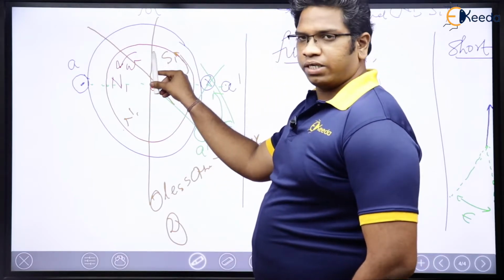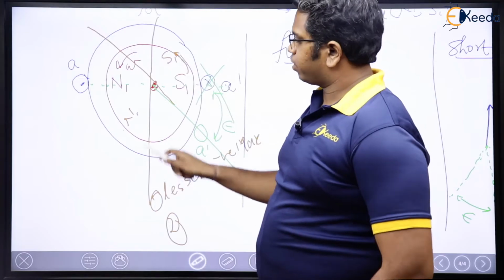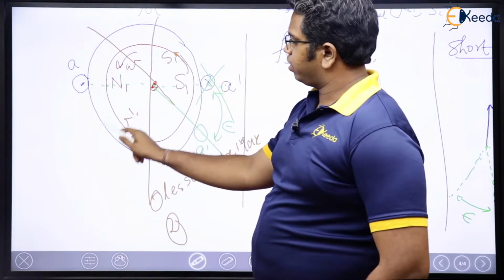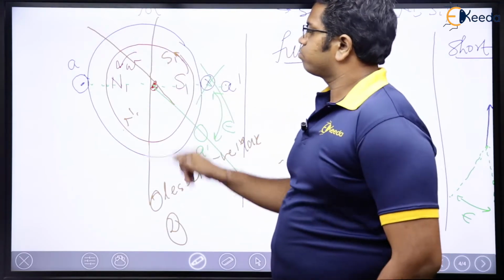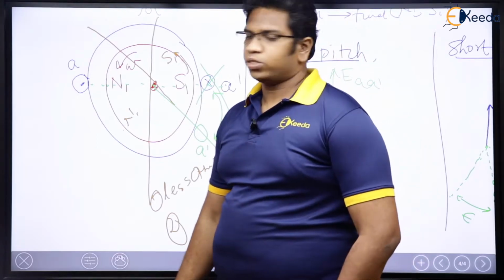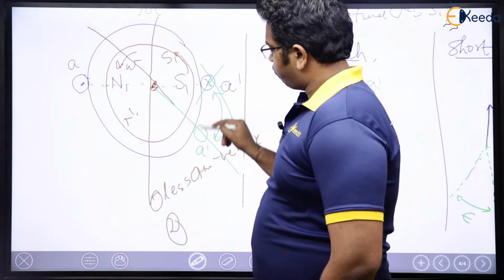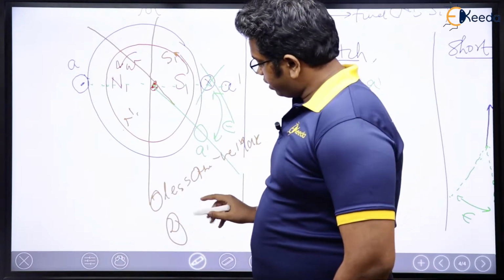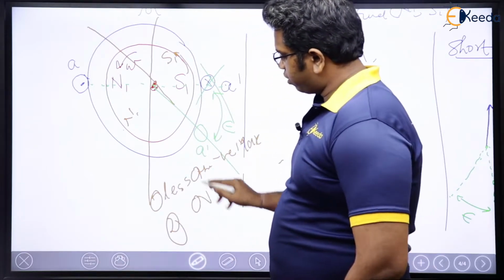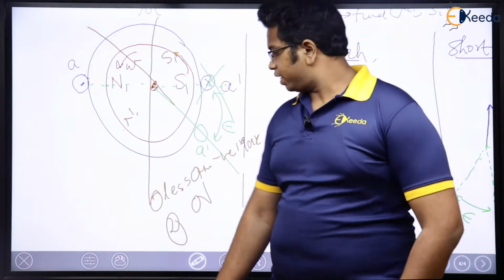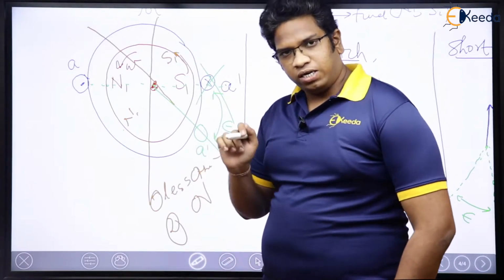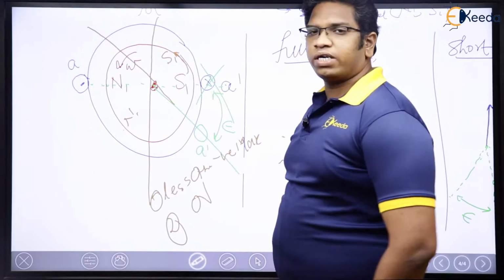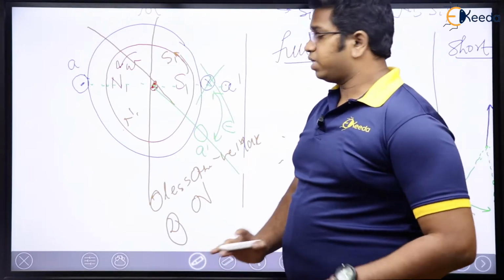This interpolar axis shifted this way because N1, S1, this is going to be north, this is going to be south. Right now it is facing what? Zero phase density. Zero phase density in the sense it is going to induce 0 volts right now. This A dash will right now induce 0 voltage.